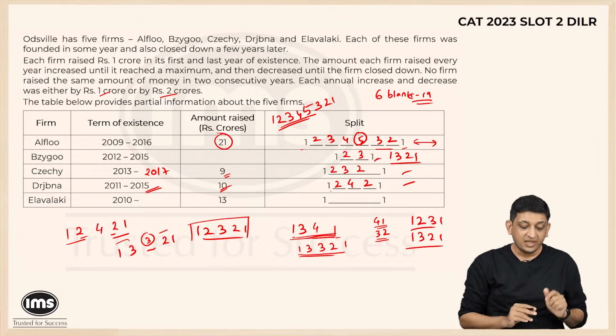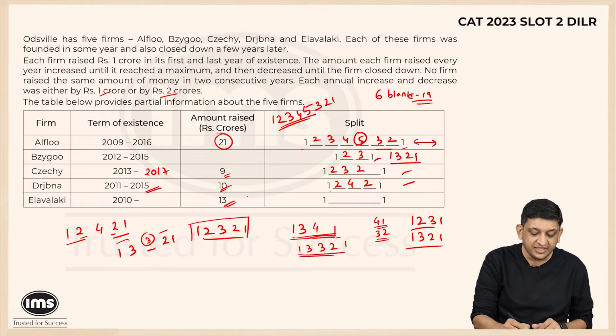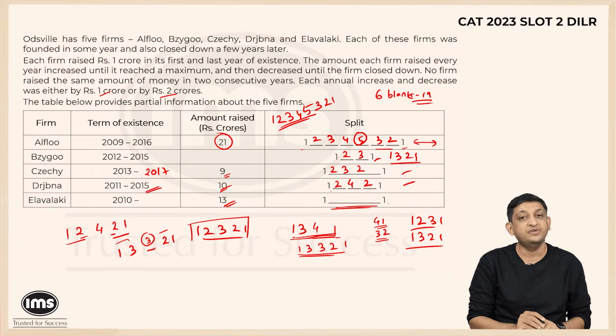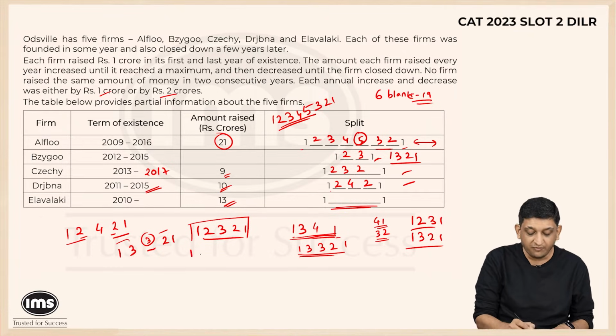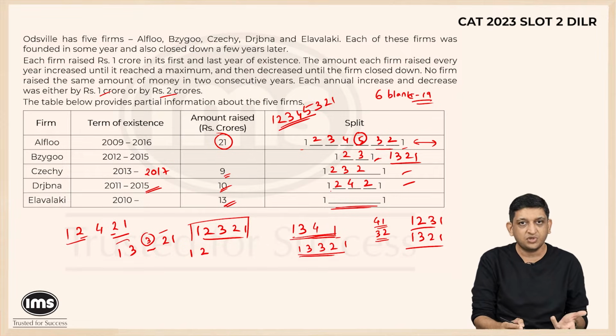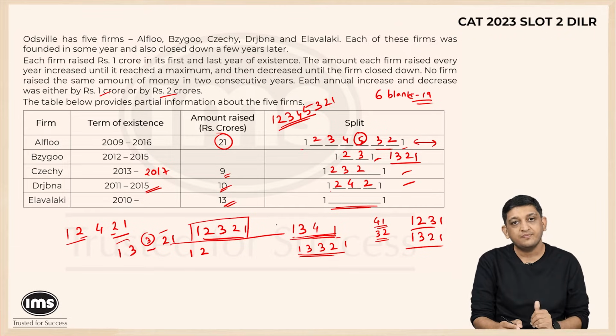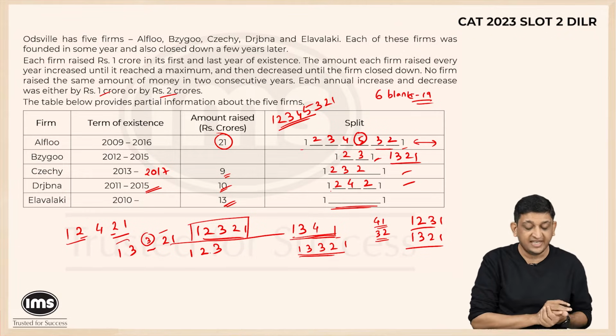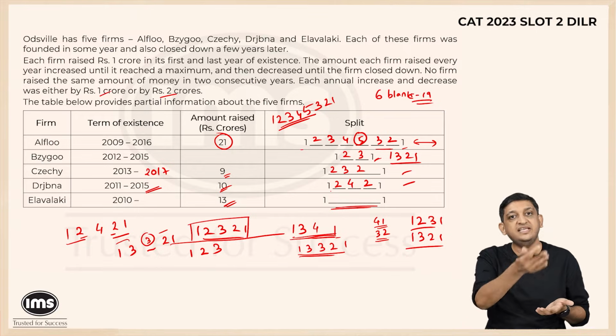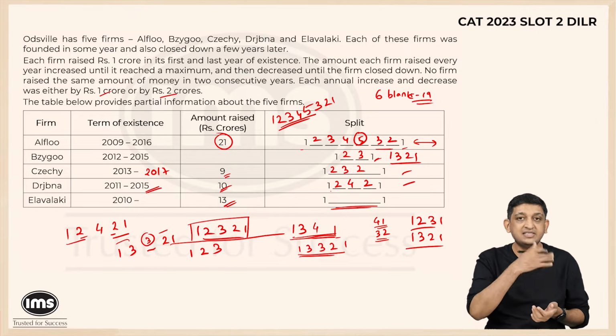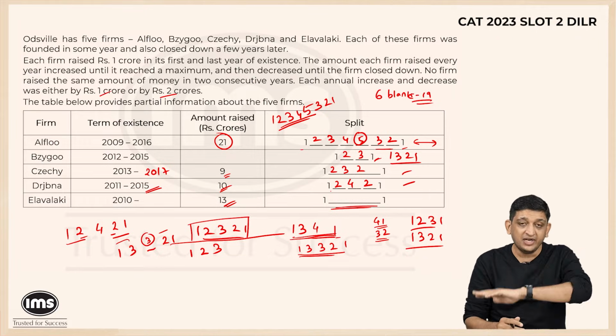Let's look at E now. For E, I know that 13 needs to be accumulated. I don't know how many years we have. So let's say, for example, from 1, the firm reaches 2, as we saw earlier. So from 1, if the firm reaches 2, it can't come back to 1. So it has to rise even further. So 1, 2, 3, let's say. So 1 plus 2 plus 3 is 6. It has to accumulate another 7.